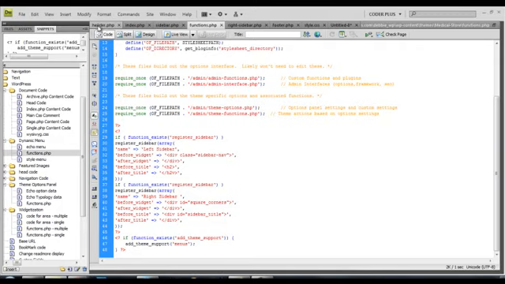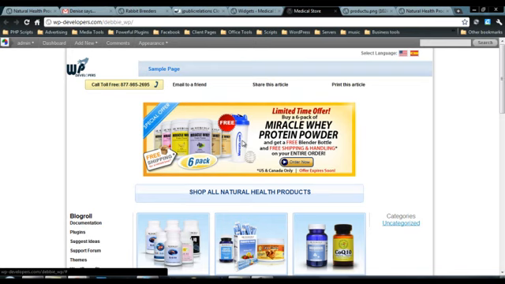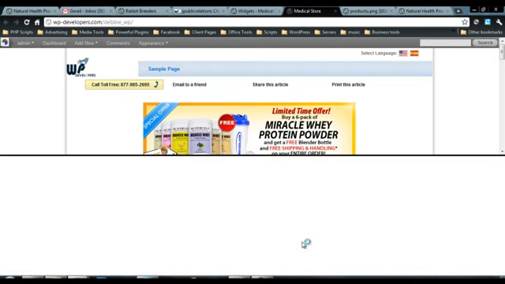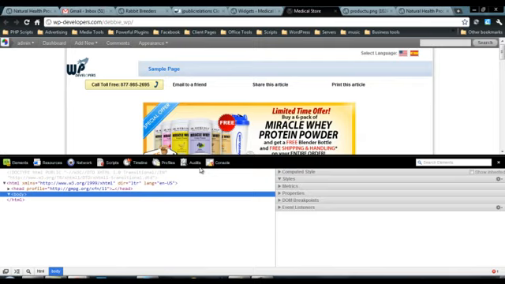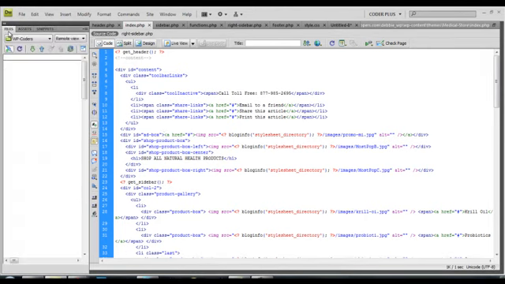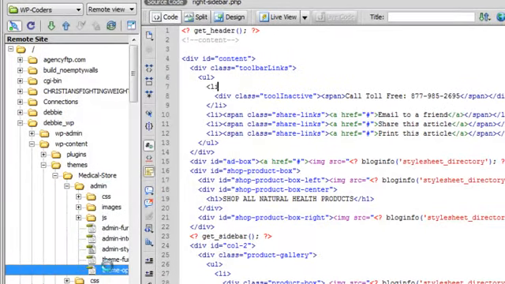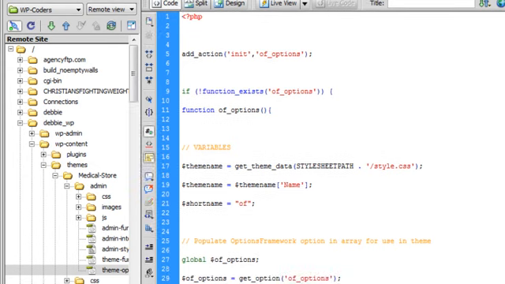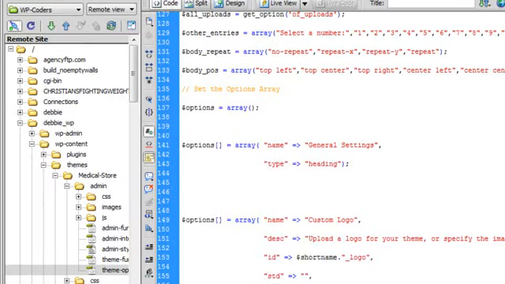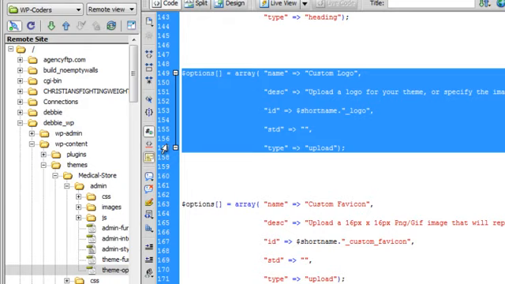So where is that at? Let's see. It's probably an index. Add box. Here we are. So let's go ahead and grab the admin panel, theme options, custom logo,